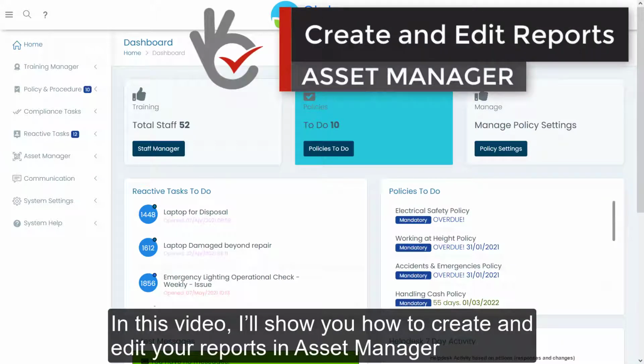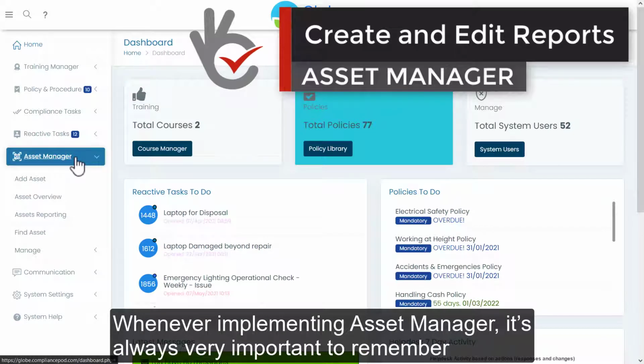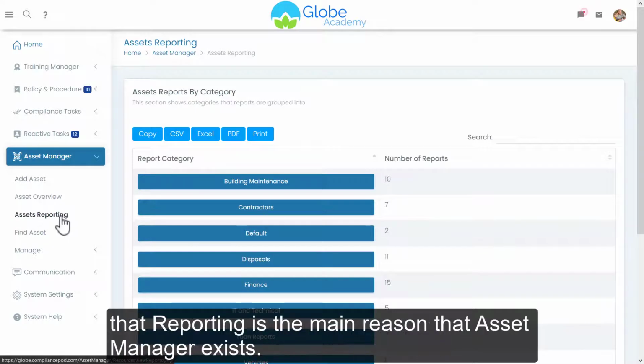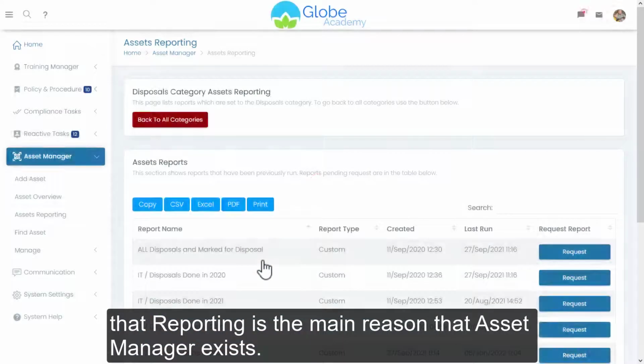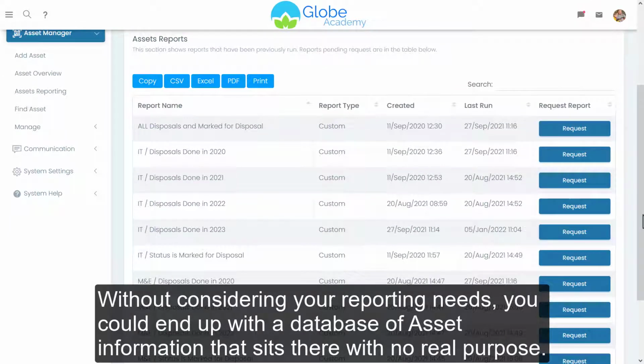In this video, I'll show you how to create and edit your reports in Asset Manager. Whenever implementing Asset Manager, it's always very important to remember that reporting is the main reason that Asset Manager exists. Without considering your reporting needs, you could end up with a database of asset information that sits there with no